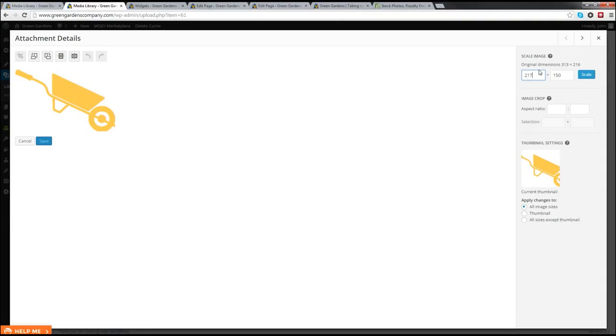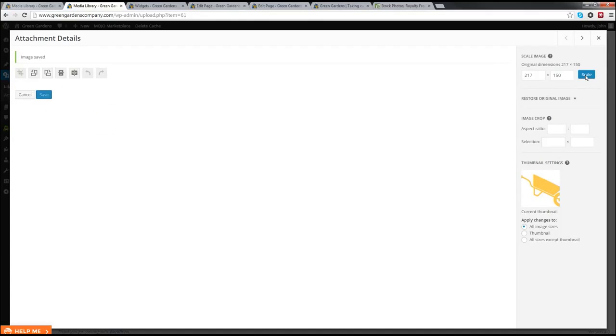So it's 217 by 150, and you'll notice that when I changed that dimension, it automatically changed that as well. So it's kind of keeping the original dimensions but scaling the image down. So if we click on Scale, and as you can see, it's created it there, and it looks slightly smaller, which is good, and it's saved the image too. So if we go on to the next image,